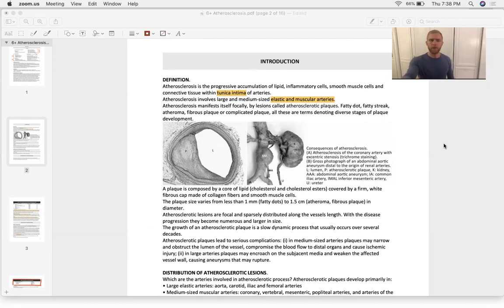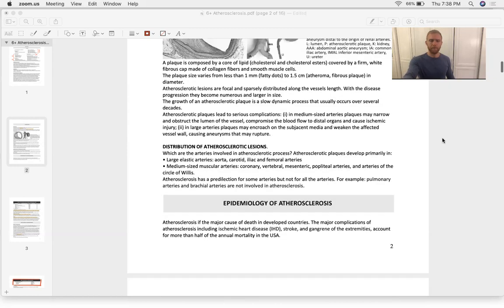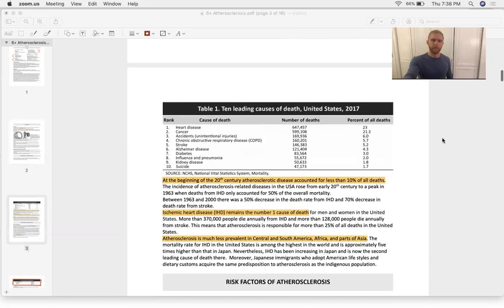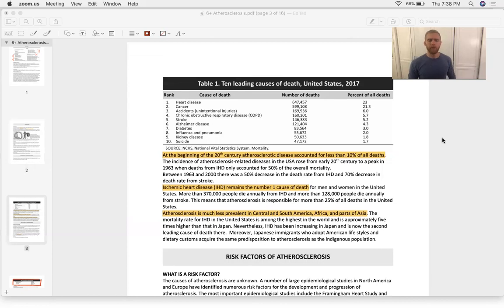From the first page, what you really need to know is that atherosclerosis occurs in the tunica intima, and it particularly affects elastic and muscular arteries. So that's your large and medium arteries. We see that as we look at the epidemiology,